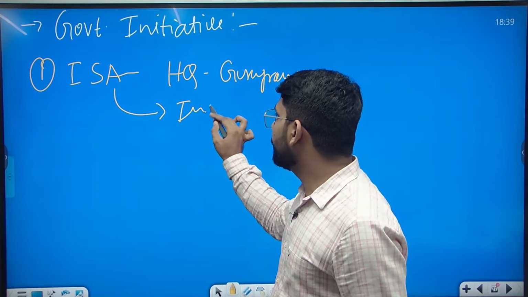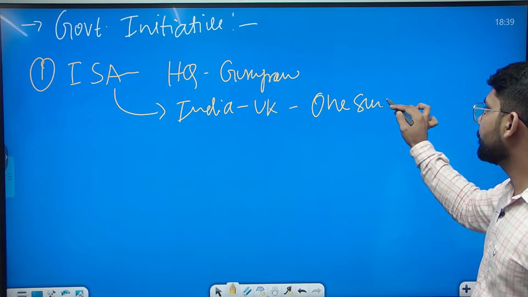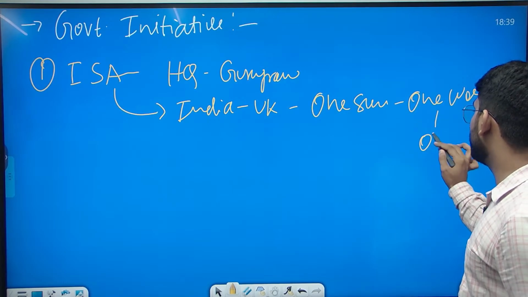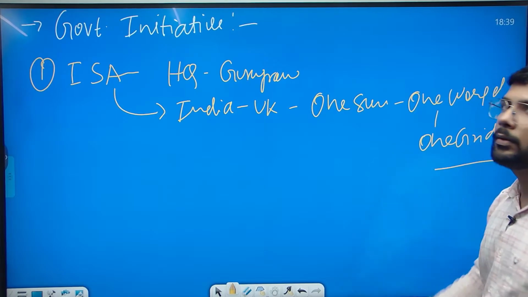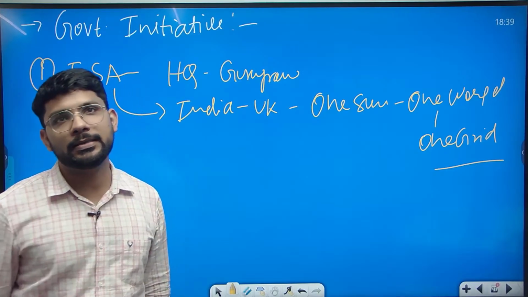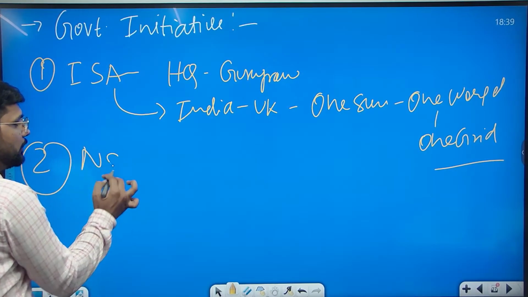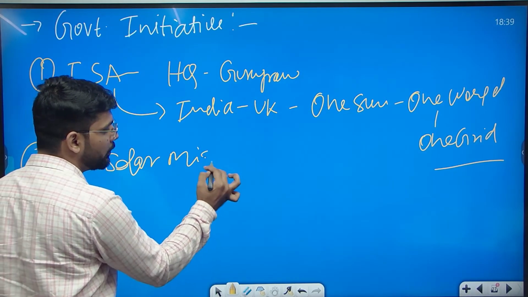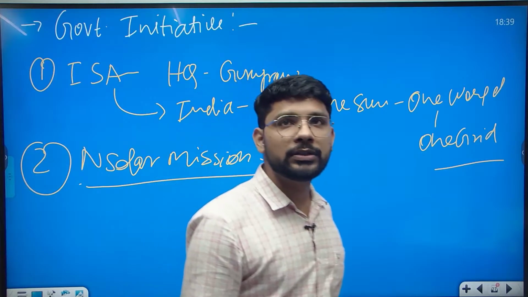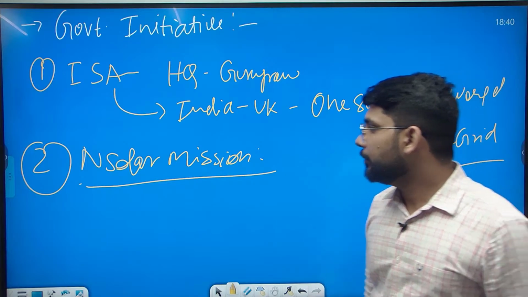India with the UK started One Sun, One World, One Grid, a program for the generation of solar energy. Second point we can write here, the National Solar Mission, under which the government of India is looking for generation of a particular amount of solar energy. Third,